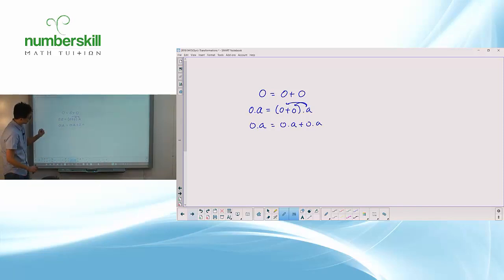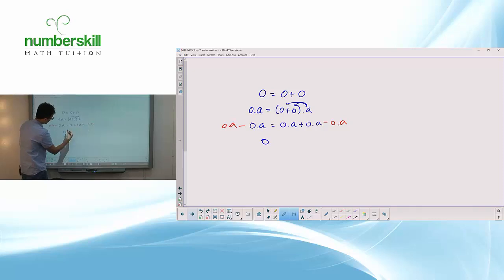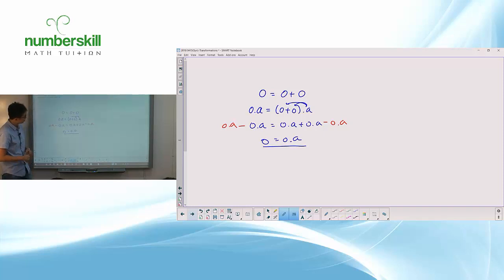Now, then we have an equation like this. Then we understand that we can actually subtract both sides. So if I think about it this way, I subtract a times 0 from the left, I subtract a times 0 from the right, I will get, because the same thing subtracted by the same thing, you will get 0, am I right? So here, you subtract, you get 0. So then you come to the conclusion that anything times 0 must be 0. Okay, that is kind of convincing because we all agree with this, and therefore we must agree with this.